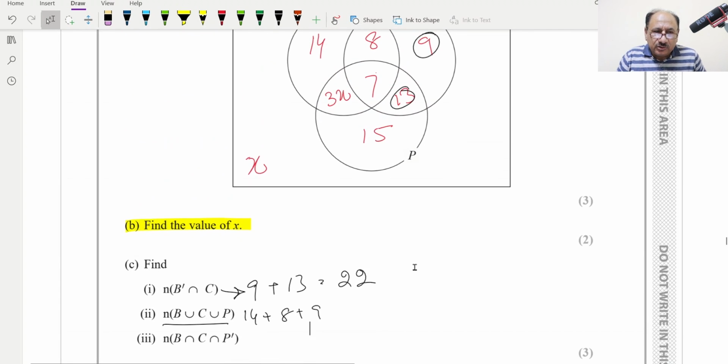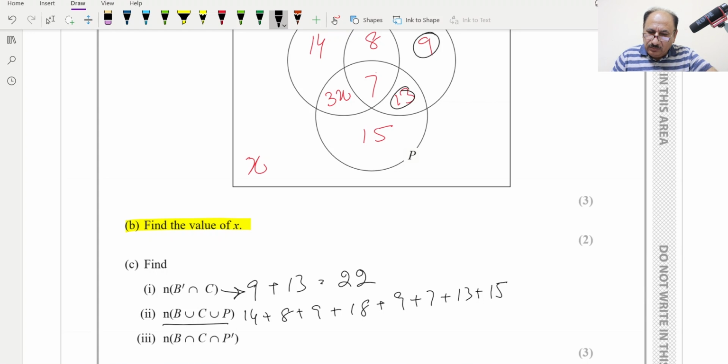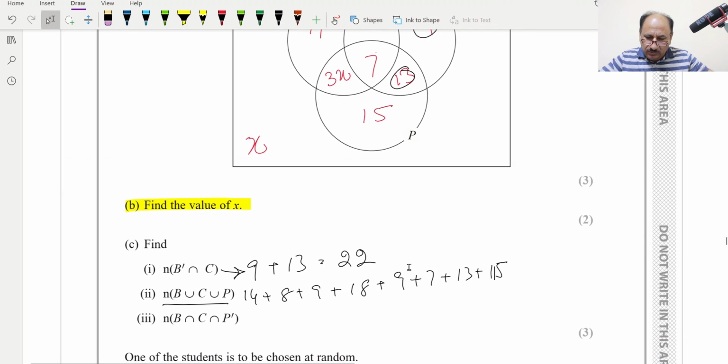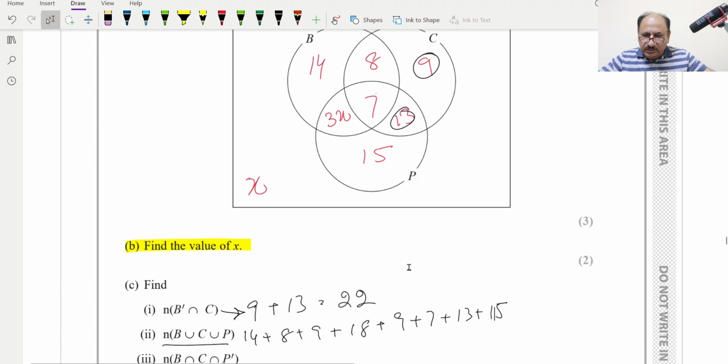And then 3x will be 18, and then 9 for x, and then 7 plus 13 plus 15, and basically we are duplicating,